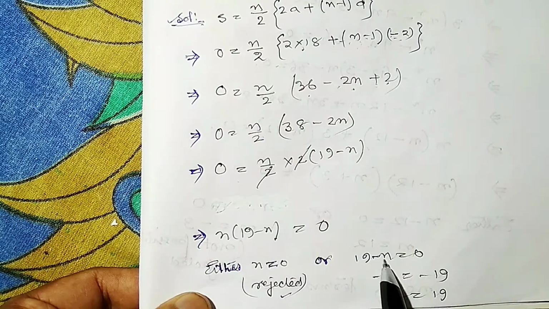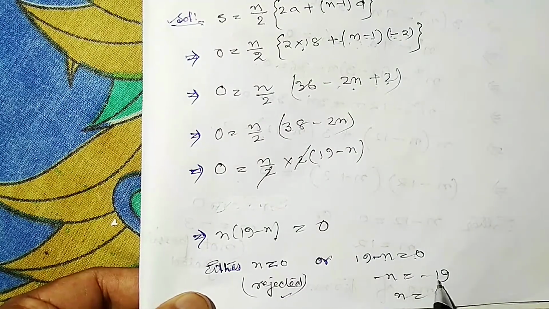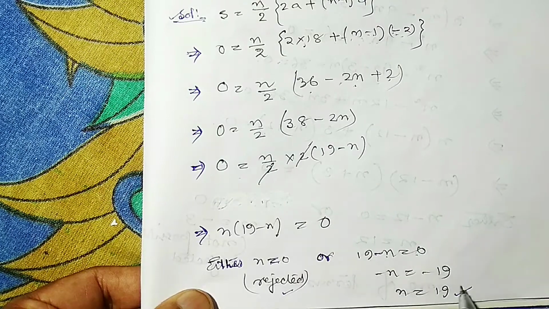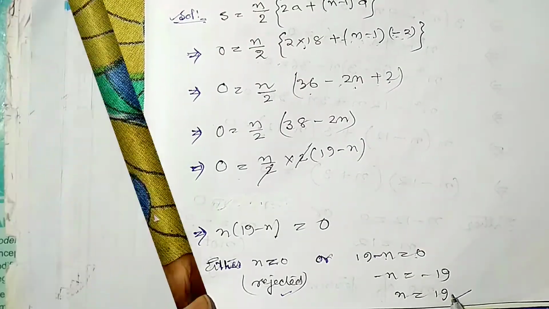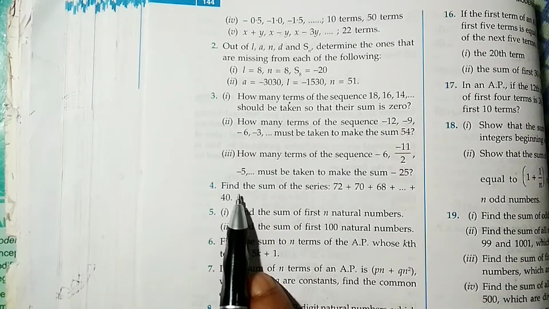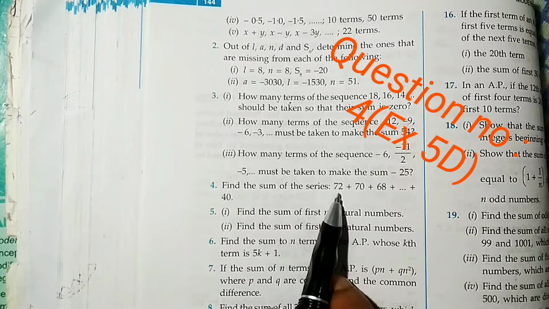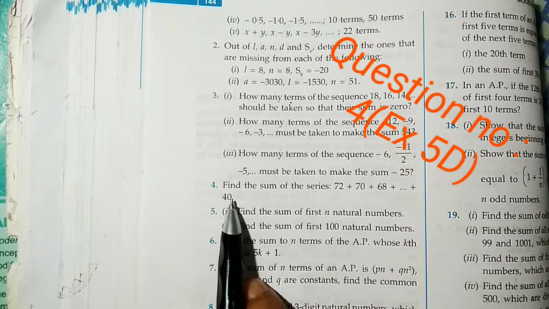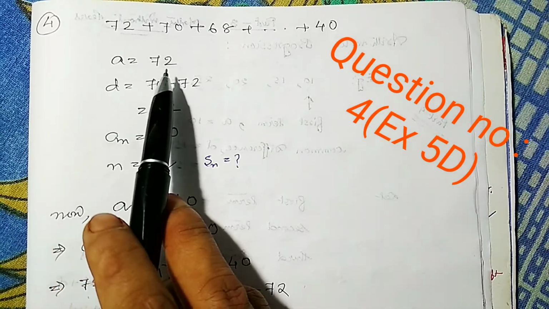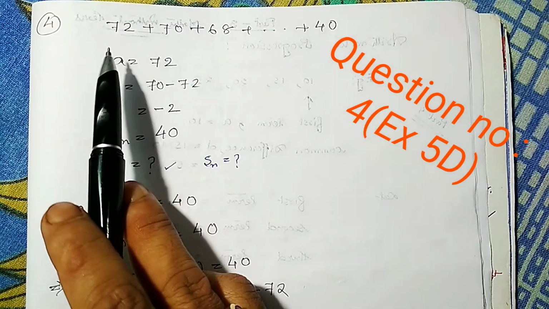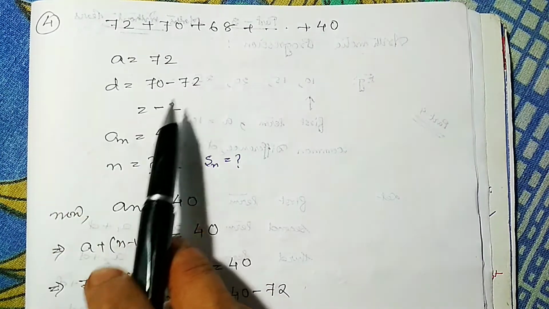So 19 minus n, 0 minus n equals minus 19, n equals 19. Therefore the number of terms is 19. Question number 4: find the sum of the series 72 plus 70 plus 68, continuing up to 40. Here a is 72, d is second term minus first term, 70 minus 72, which is minus 2,